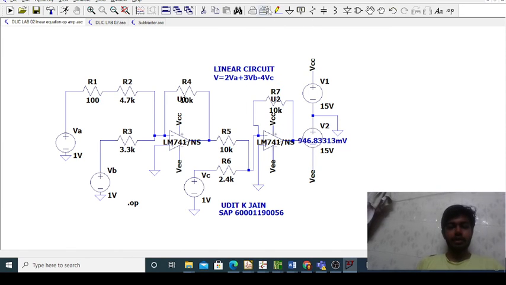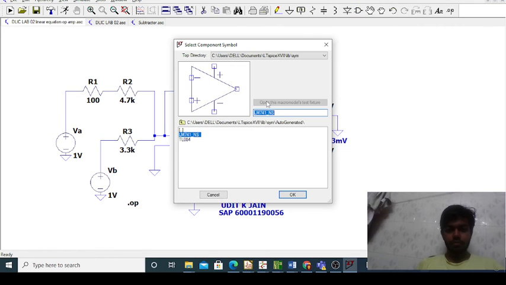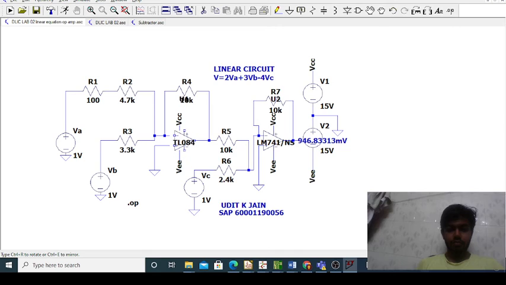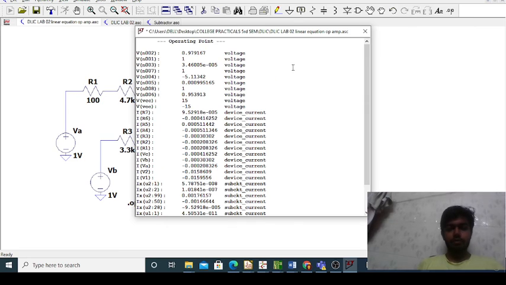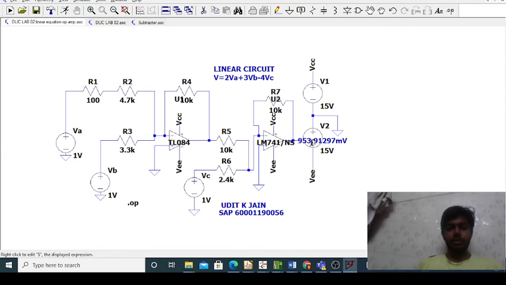Now we will repeat using TL084. And we will just run it. Got the operating point values, and it is 953.91297 millivolts. So by theoretical values, 2 into 1, 2 plus 3, which is 5, and 1000 millivolts.